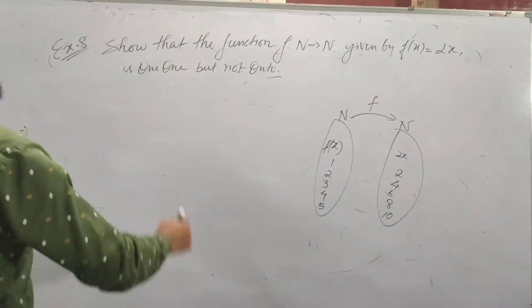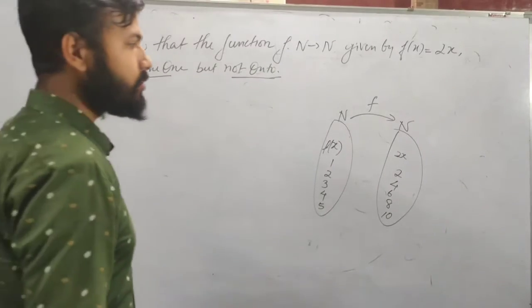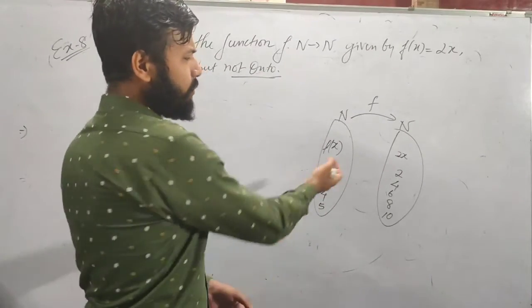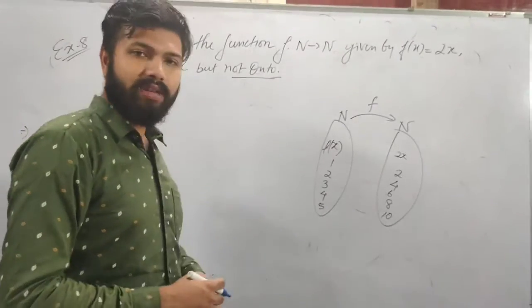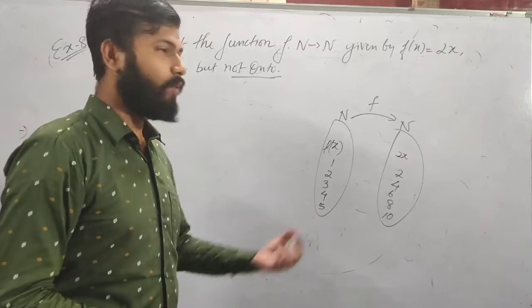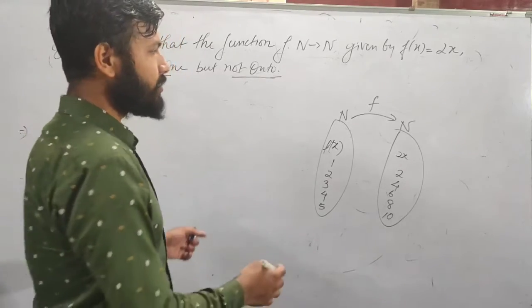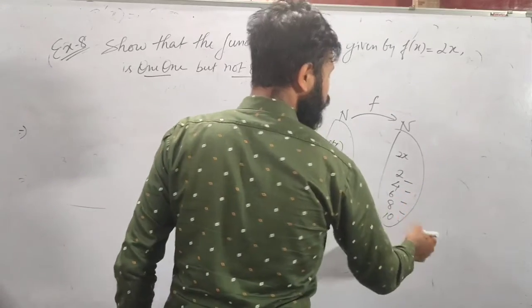So it is said that we have to show it is one-one but not onto. And what does onto mean? We can clearly see from here that it is one-one. But the thing is that only understanding is not enough. We have to express it also. We have to express how it is one-one and why it is not onto. Onto means